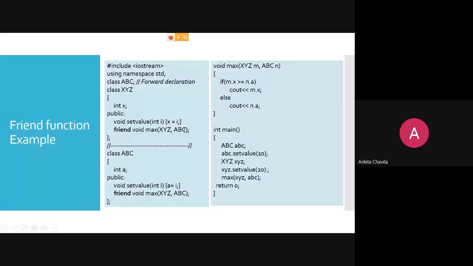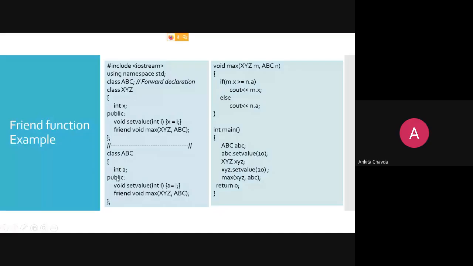So at that time you have to tell the compiler that class ABC, this is only a declaration. The definition of this class is coming later on. So don't raise any error wherever you find ABC. So I'm writing that ABC is nothing but a class, and the whole definition will be there afterwards. Getting this now? Why the forward declaration is required? I'm repeating this for the fourth or fifth time.